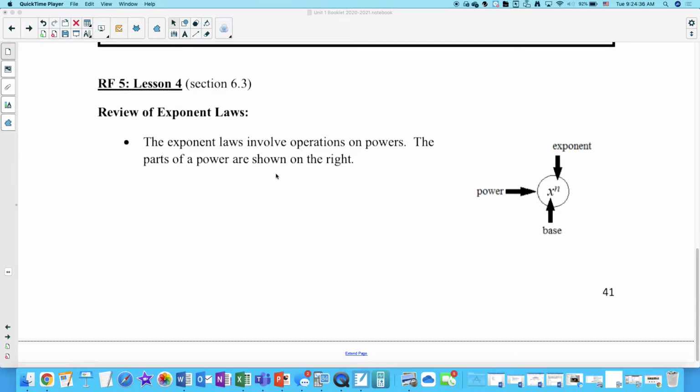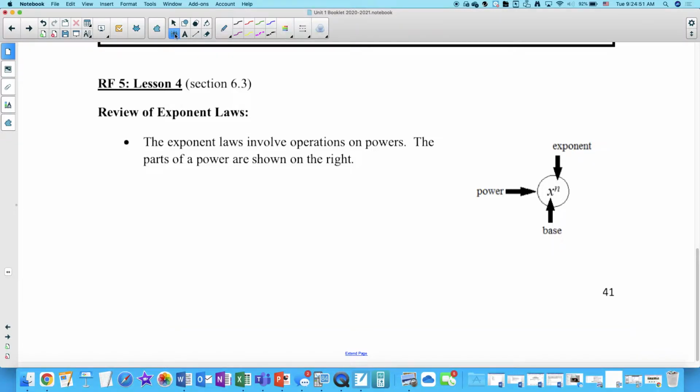All right, so before we start talking about the exponent laws, let's just review where we might see exponents. Okay, and I want to talk about some of the vocabulary as well. All right, so if we have something like